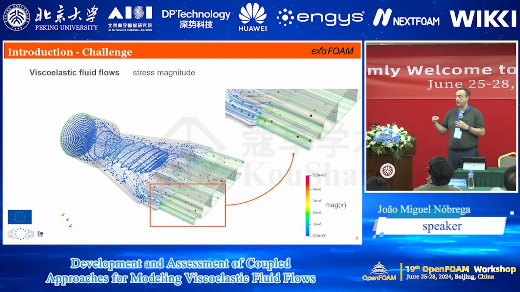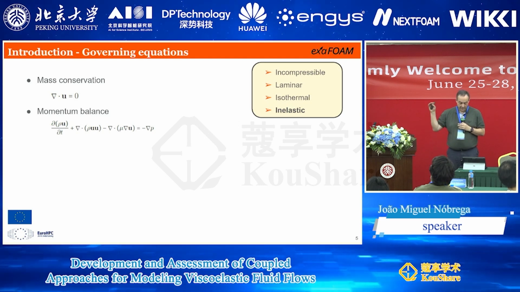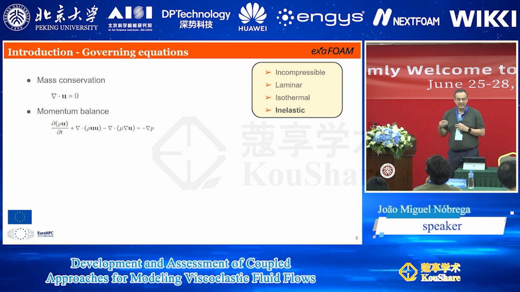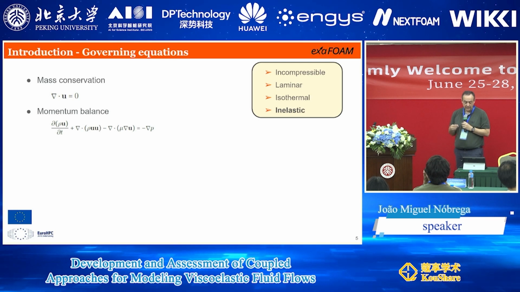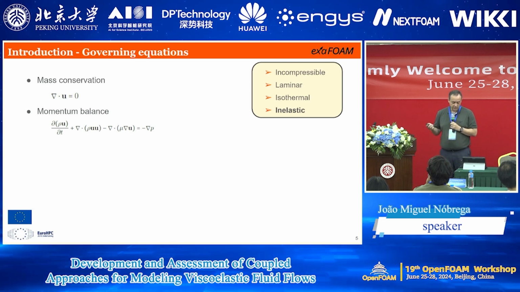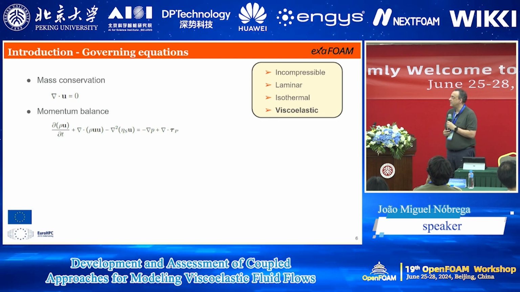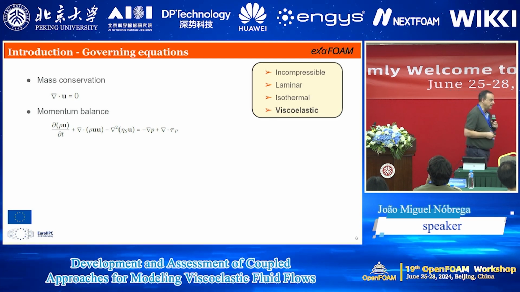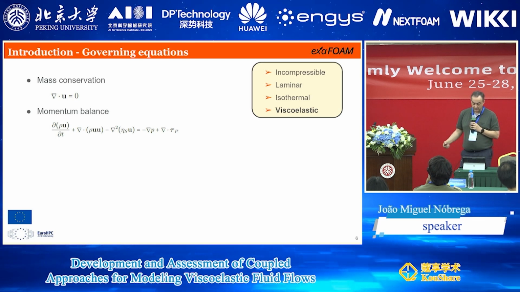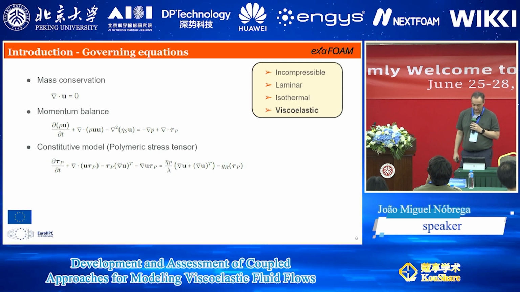the equations that govern the process are solved in a decoupled manner. Talking about the equations that must be solved, when the materials are inelastic, so we don't have elasticity, we solve the mass conservation and the momentum balance equation using the usual approaches. When we have viscoelasticity, an additional term appears in the governing equations, the divergence of the stress tensor, and the stress tensor comes from other equations,